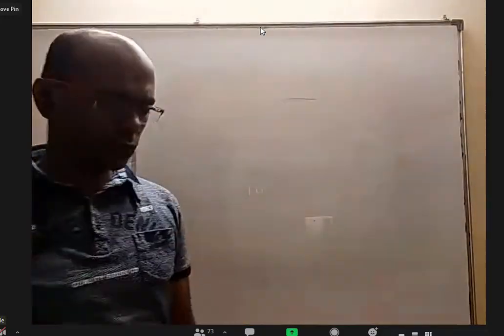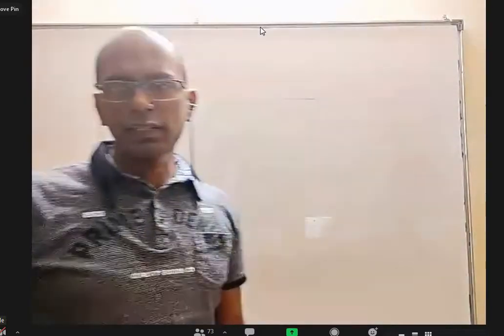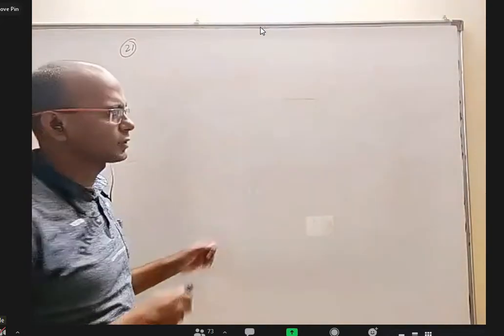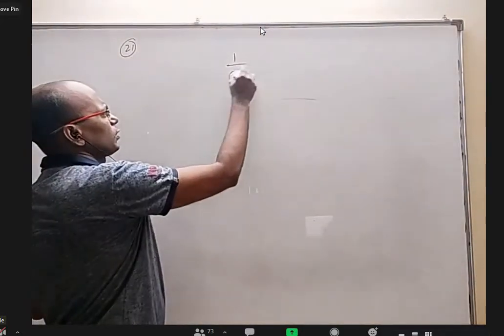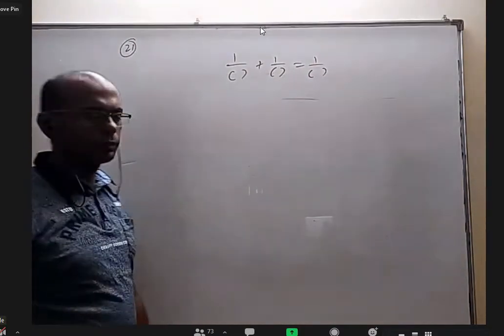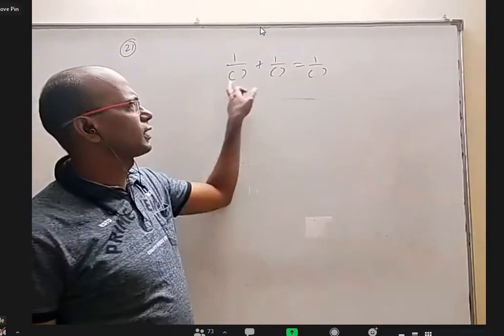Okay, so this question 21, I removed from the share screen, but I'll explain to you. The circles part is very little here, not a very big deal. It's a very simple question. But what they asked is, they are looking for three natural numbers such that 1 by a natural number plus 1 by a natural number should be 1 by another natural number. And this should not have any common factor.